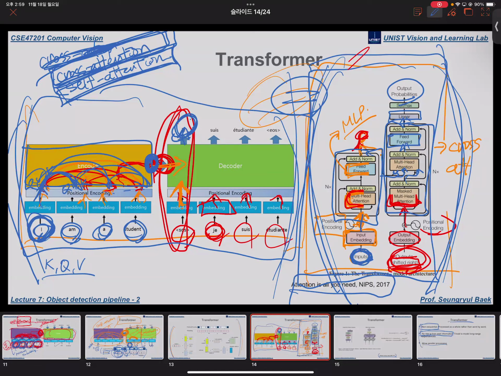And from the input sequence, you have to convert it into the word embedding, and also you have to add some positional encoding. That's also represented here. And here there are three arrows, and they are denoting key, query, values. Okay, so basically you will